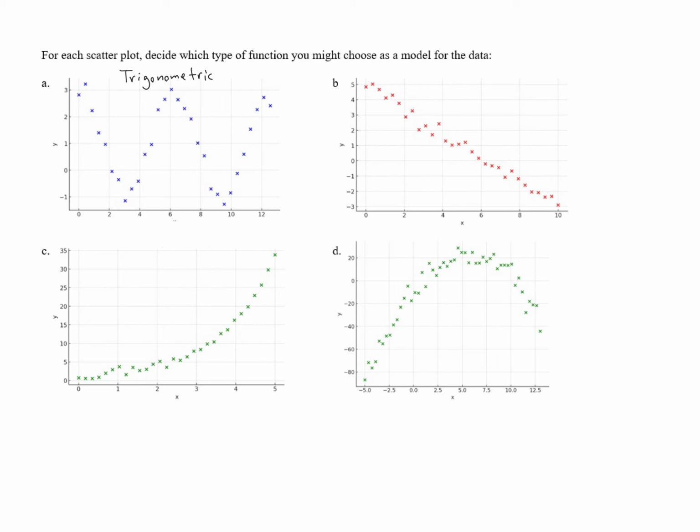If we look at scatter plot B, we can see that all of this data looks very close to a line. This does look like it would fit a linear model, specifically with a negative slope because it is decreasing. Looks very linear. You could take a line and line it up pretty well there. For plot C, if we look at this data,